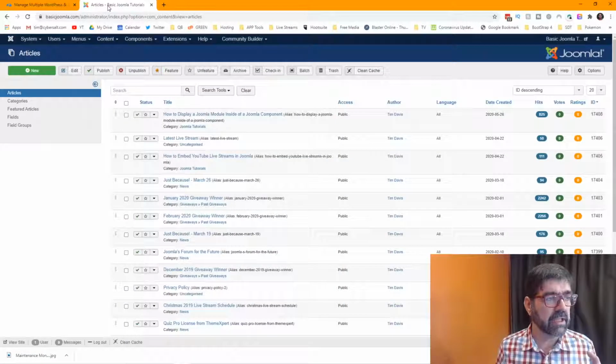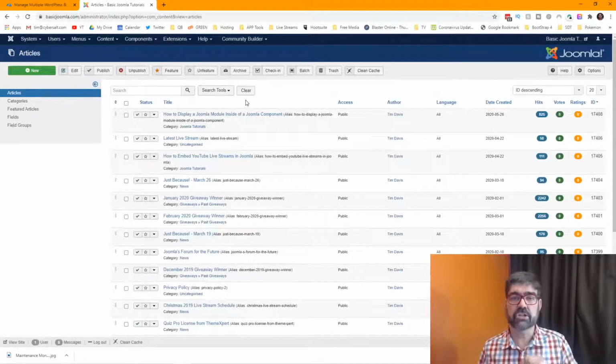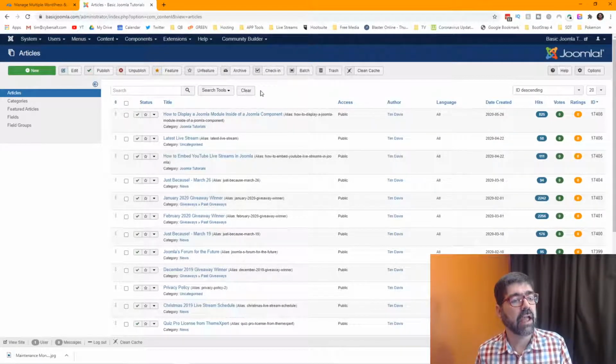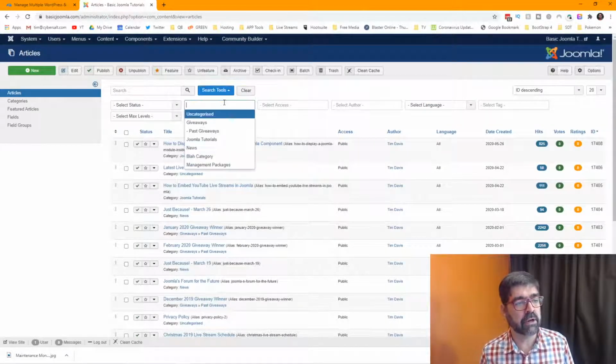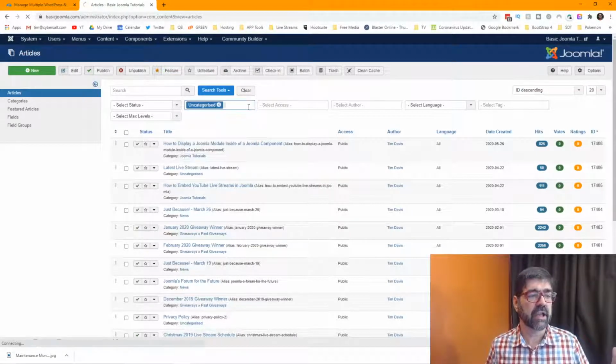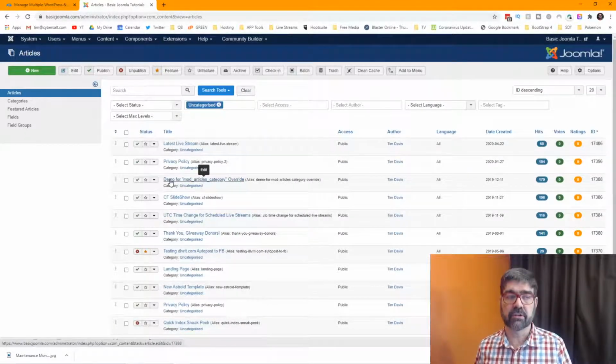All right, so how did I come across this? Maybe a lot of you know this, but it seems to me in the past that when you were in the articles management page in your admin area of Joomla, here we are, and you went to filter by a category, you would go in here and you would select a category. Now, I don't know if this was just a drop down or used to be, but what you would do is you would click uncategorized, and then of course next would happen, you would only see articles that are